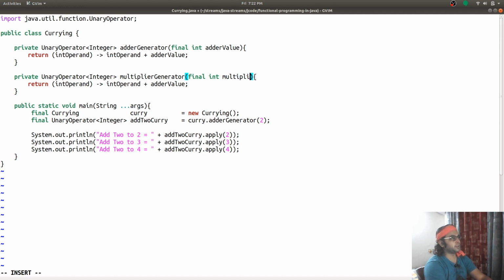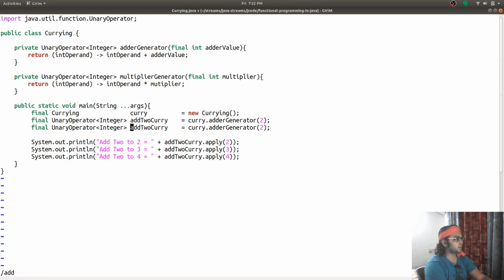I'm going to have a multiplier, and it is always going to multiply by, I will say, 100.